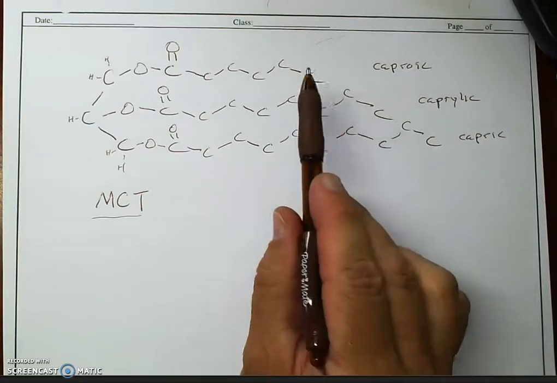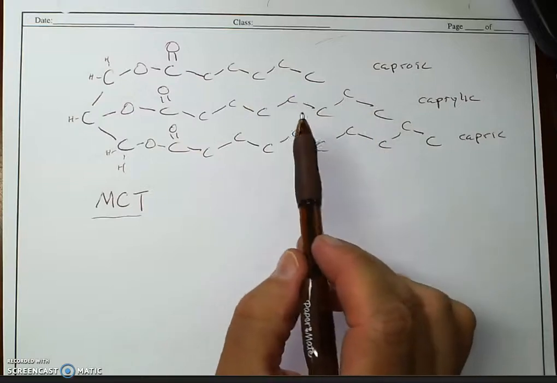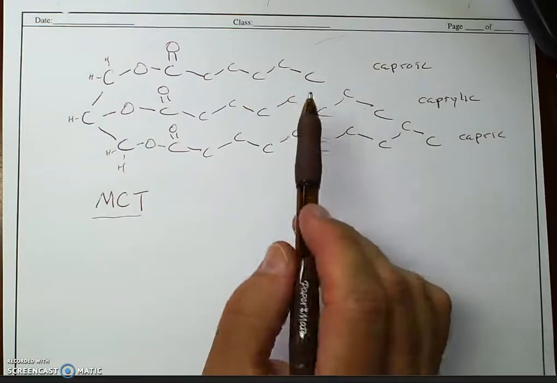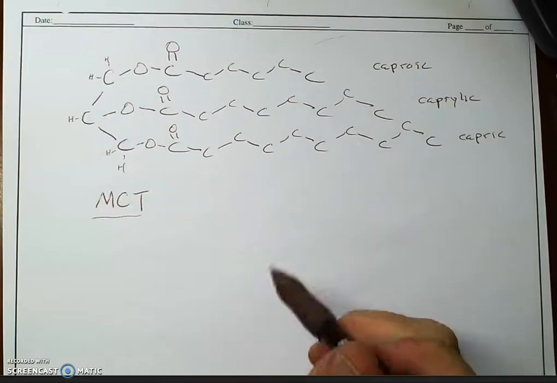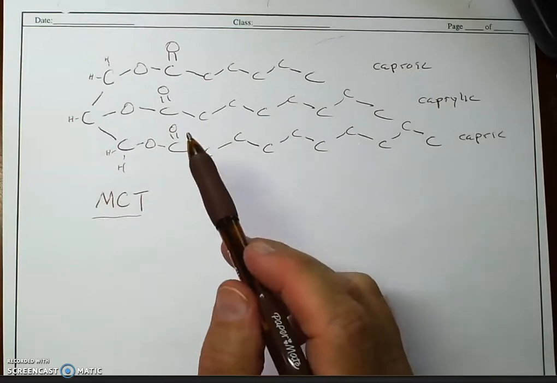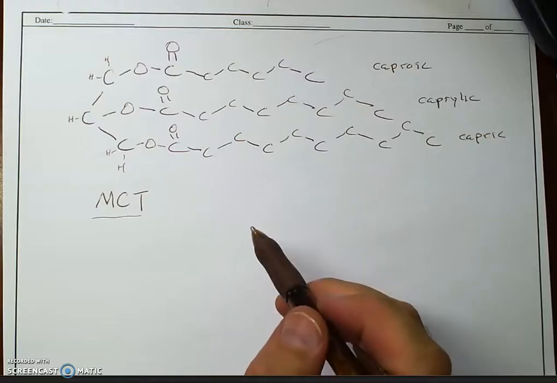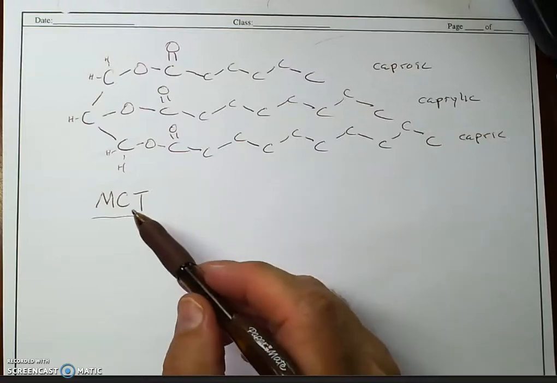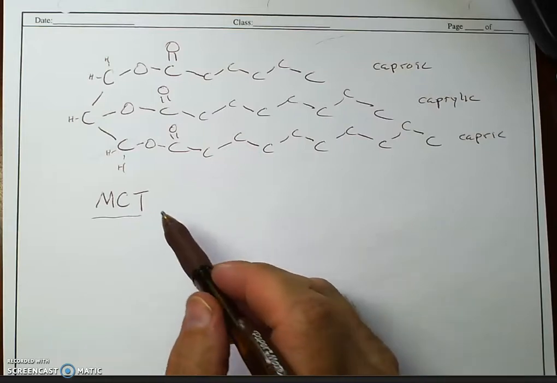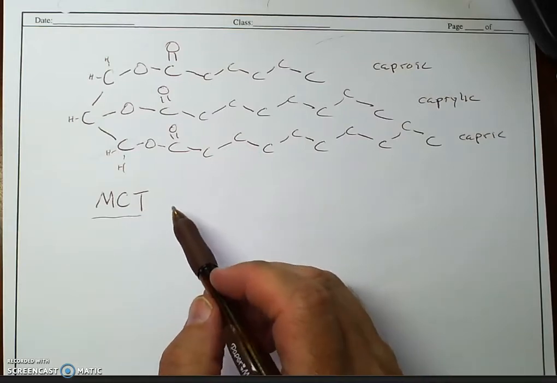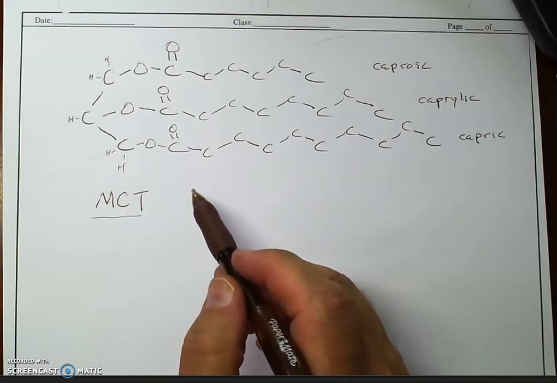Still, there are a good deal of the 6 to 10 carbon chain length medium chain fatty acids in those triglycerides found in coconut oil. So that gets at that little buzzword. The MCTs, several health benefits,